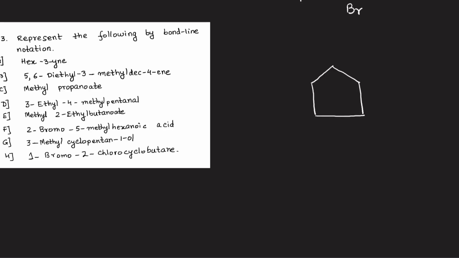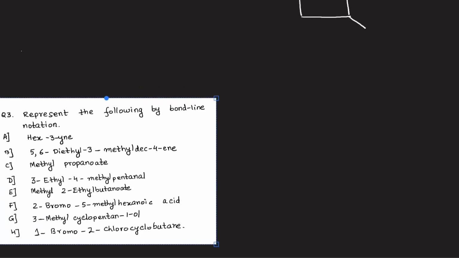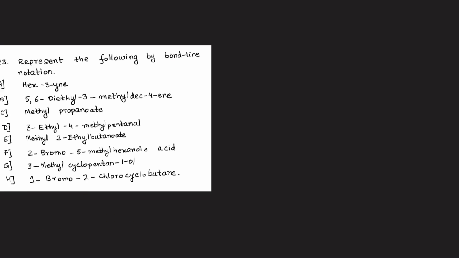Then at position number 1, we've got ol. So let's say this is our position number 1 and I have got an OH over here. Then we've got 3-methyl. That means at the third position. So if I'm starting from here, position number 1, 2 and 3. So I have to represent the methyl, which will come as a small tail at the end. Easy, right? Go ahead, try the next one yourself, where we have to represent 1-bromo,